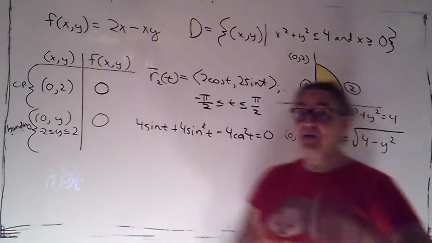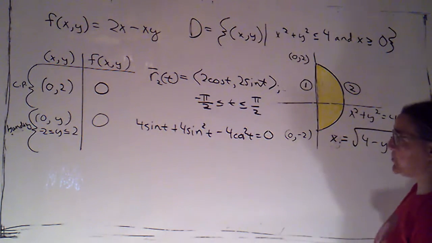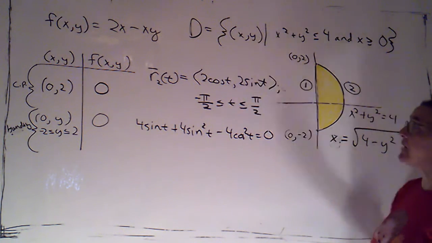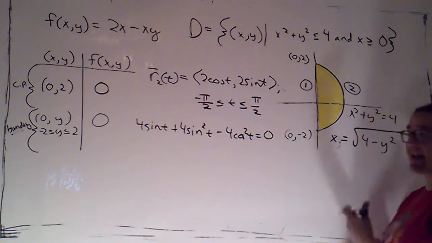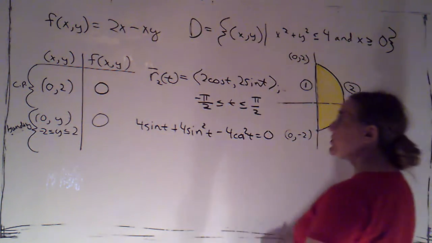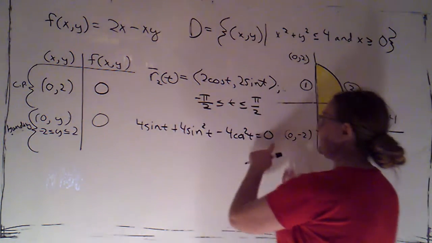All I did while the camera was off was just clear a little bit of board space. We had parametrized the half circle, and we had plugged that into f and then taken the derivative. We determined that the derivative was always defined, so any critical points would be where this derivative is equal to